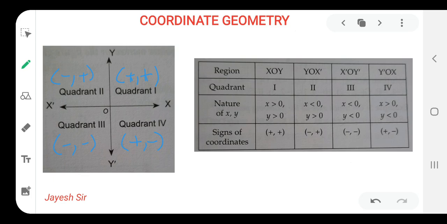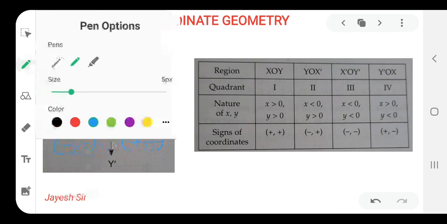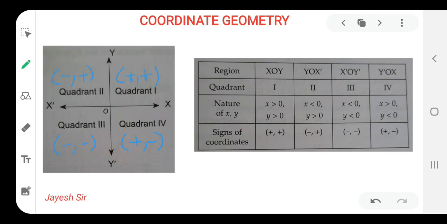For my understanding and for clearing your concept, I have written the coordinates, what signs x and y have. Here we are going to learn how we identify the nature of the values. It is talking about quadrant 1. In quadrant 1, x o y, this is the thing, it is telling about x o y. I hope you all are getting it. From this figure we are going to link it so that it is easier to understand.